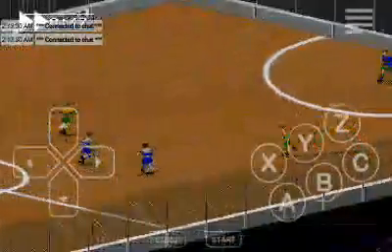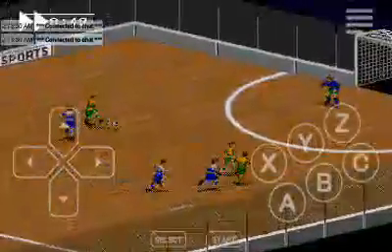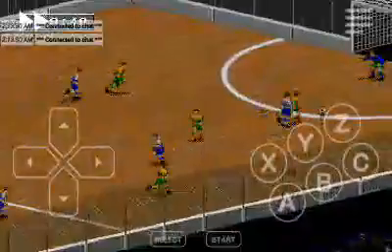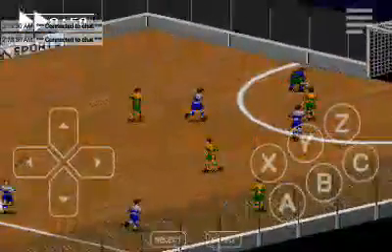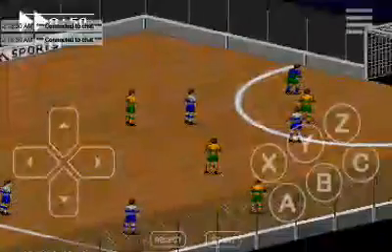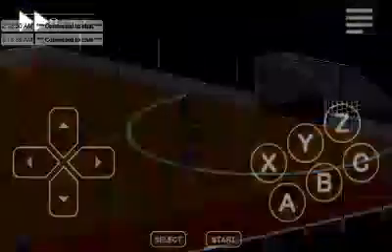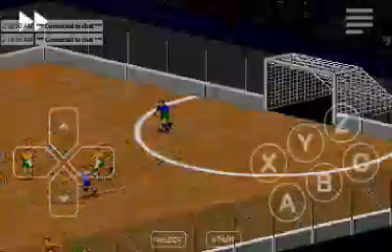Vancouver recovers, pushes forward, and Dallas managed to make a stop. But the ball still lingers dangerously on Dallas' defensive line. The ball gets stopped by Dallas goalkeeper.